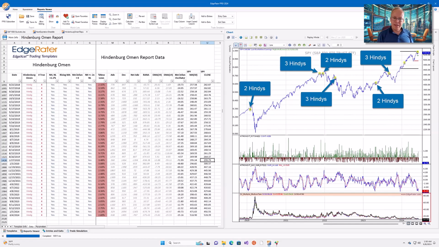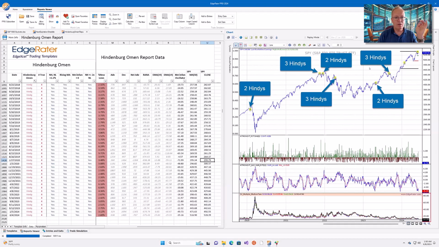The calculation for it is based on the New York Stock Exchange symbols, looking at the number of new highs and the number of new lows. It's basically saying if you've got a high percentage of new highs and a high percentage of new lows, something is weird in the market. There's also a check to see if the number of new lows is increasing and outweighing the number of new highs. And the final check, because there are 4 conditions, is that there has to be a rising moving average. We have a template in EdgeRater to check all those conditions, and they rarely fire,